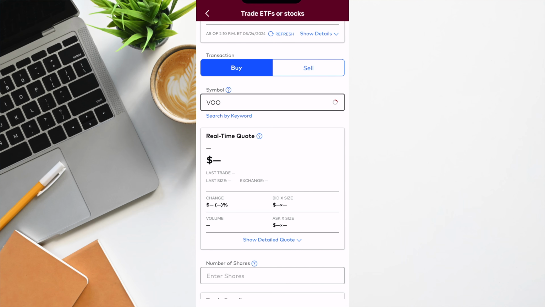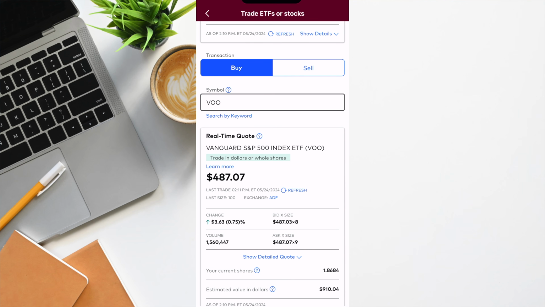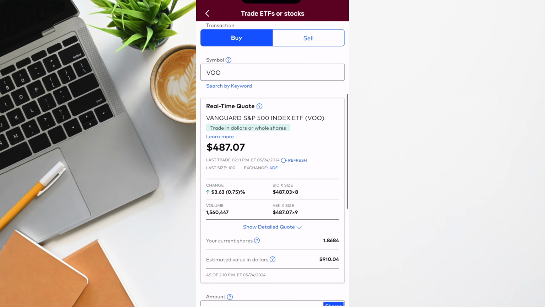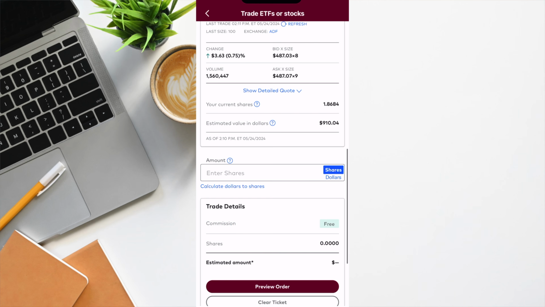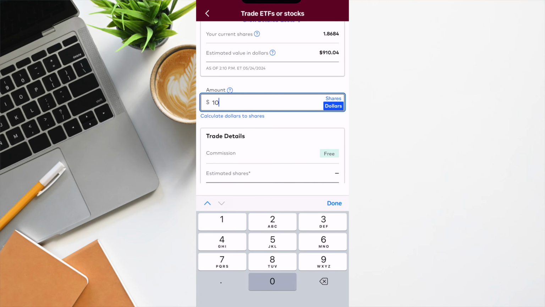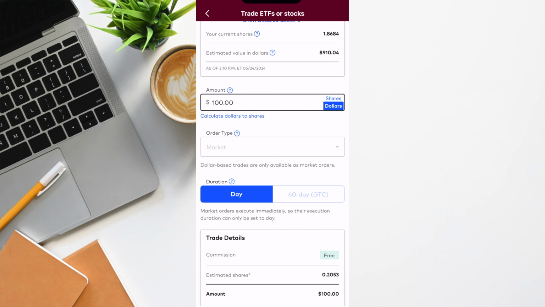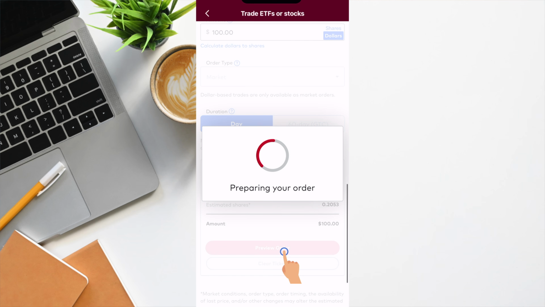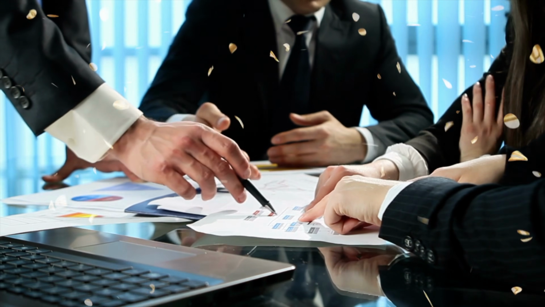And on your screen is the exact price that VOO is trading at, and then I'll enter the amount I want to buy. I'll go ahead and opt for the exact dollar amount, so I'll buy $100 and make sure the order type is a market order. Once that's completed, click preview order, and if all that looks good to you, then click submit, and boom, you are now an investor in your ETF of choice, and it's that simple.